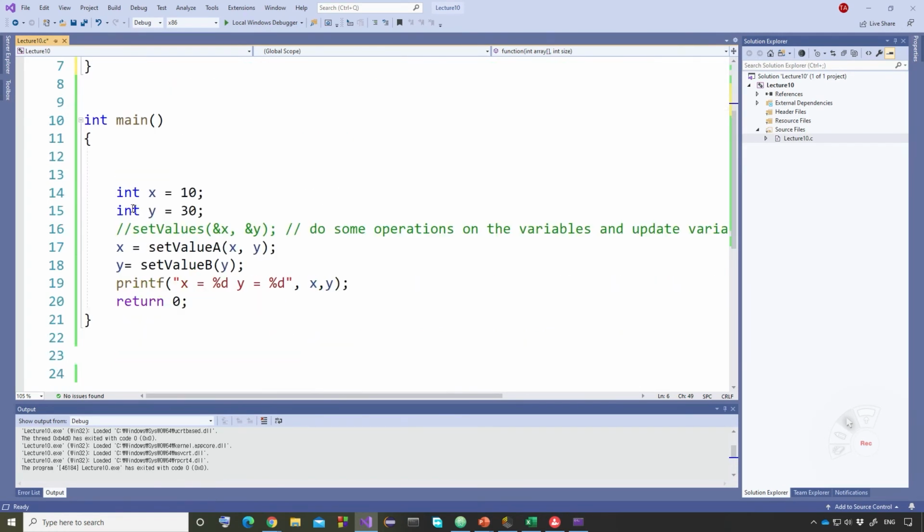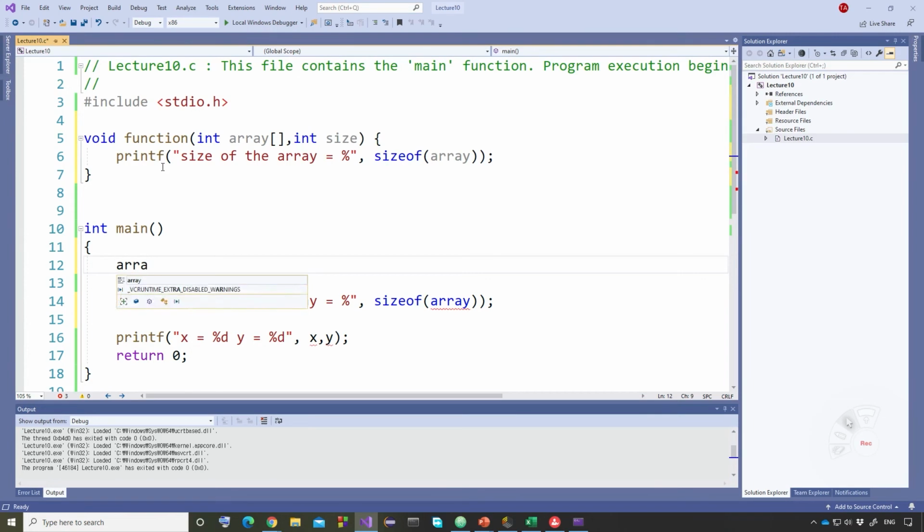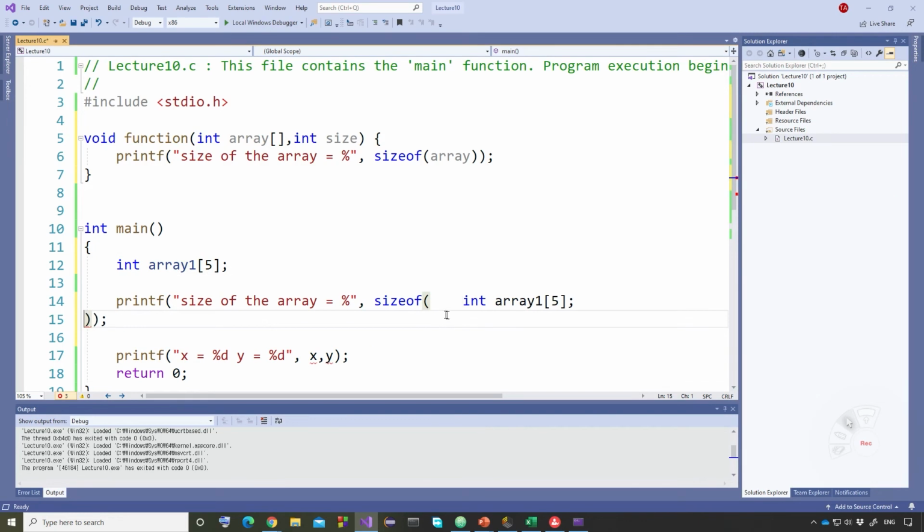Now I will come back to this one later. Let me copy this one. And I will declare some array. I'll say integer array1, and this array1 has 5 elements, and all of these elements are integers. So when I say here sizeof array1,